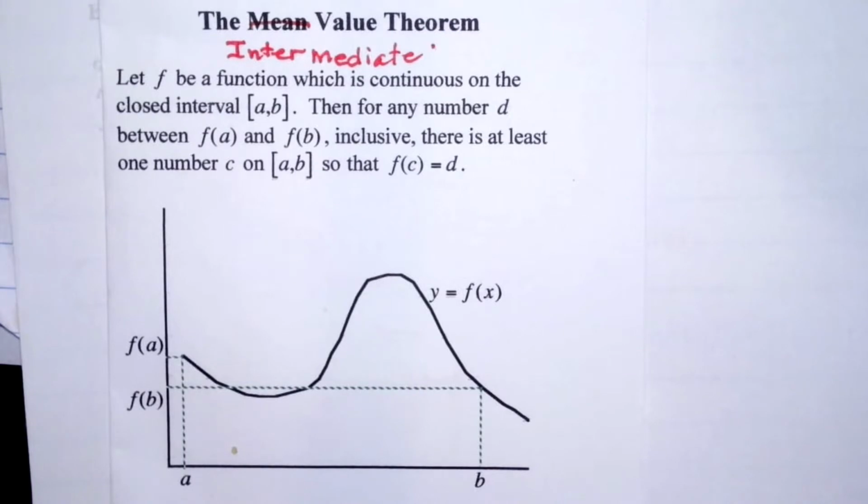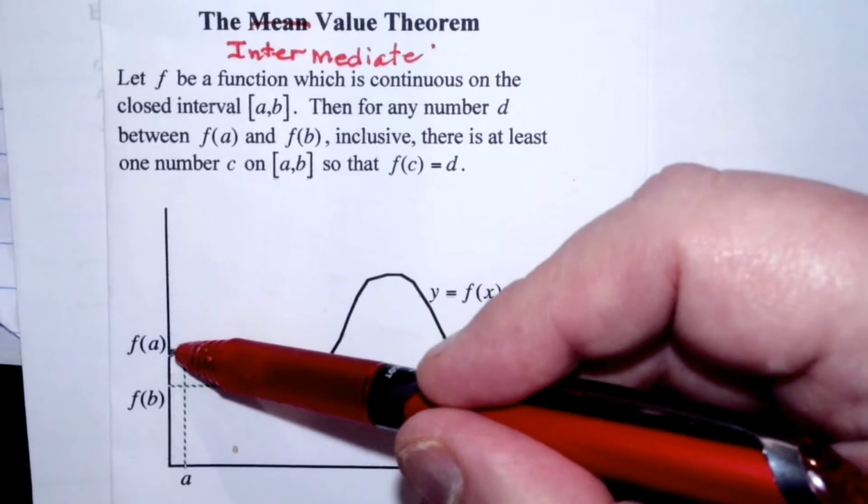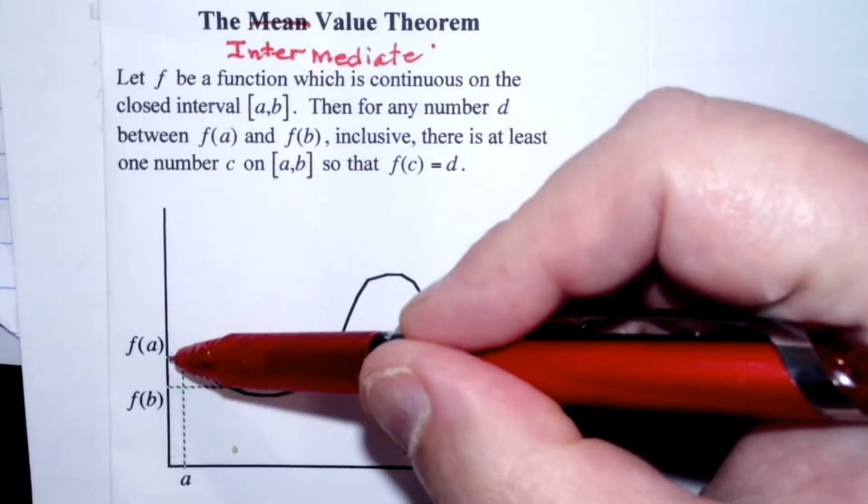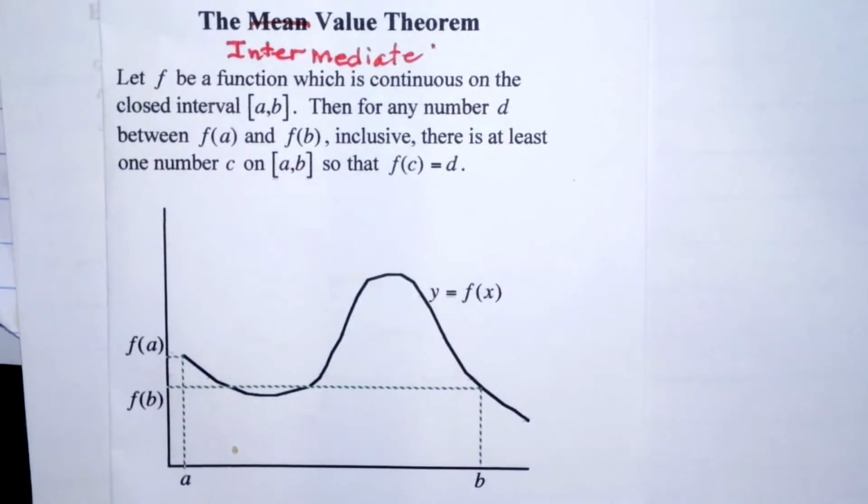You let f be a function which is continuous on the closed interval from a to b, including the endpoints. Then for any number d between f of a and f of b, here's f of a, here's f of b on the y-axis, d would be any number in between those two, including f of a or f of b. Then there is at least one number c on the closed interval from a to b so that f of